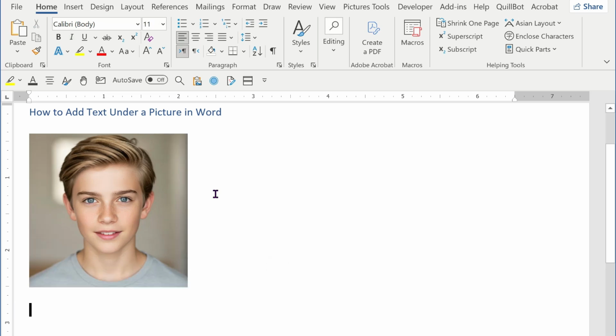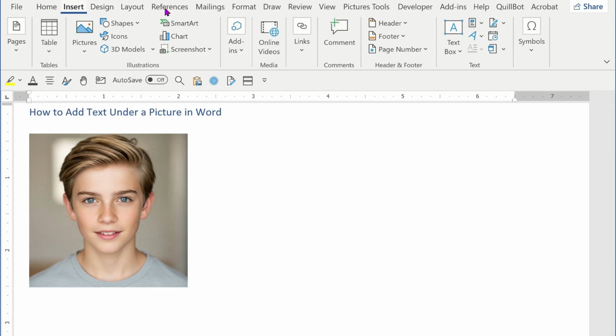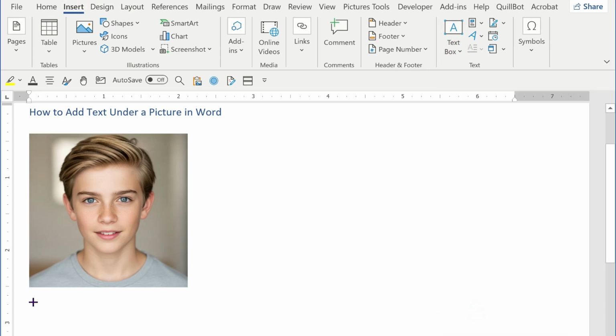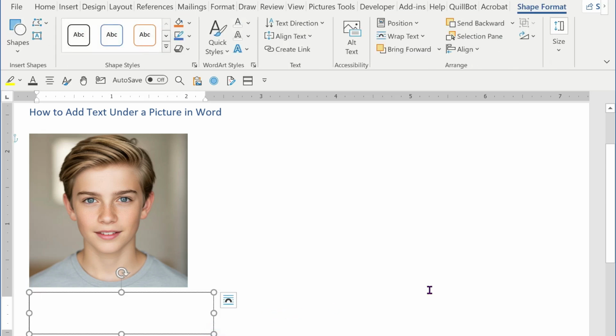So there is another method, that is the text box method. If you want total control over the placement and formatting, a text box is the most flexible option. So for this you need to go to Insert and click on Text Box and click on Draw Text Box. Now draw a text box over here and type the desired text, for example, kids love